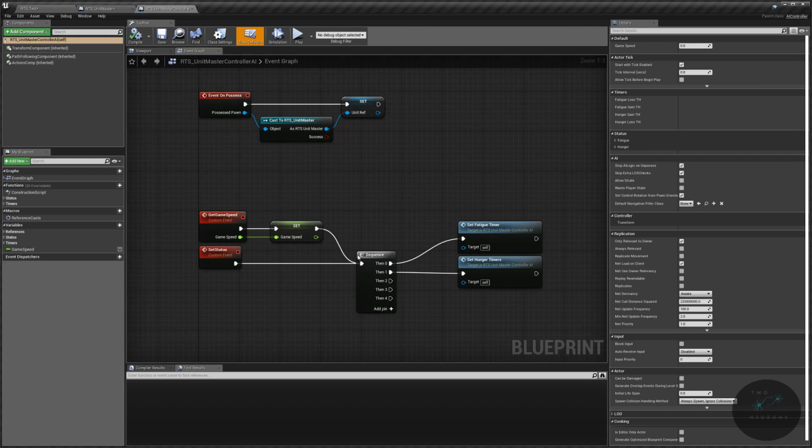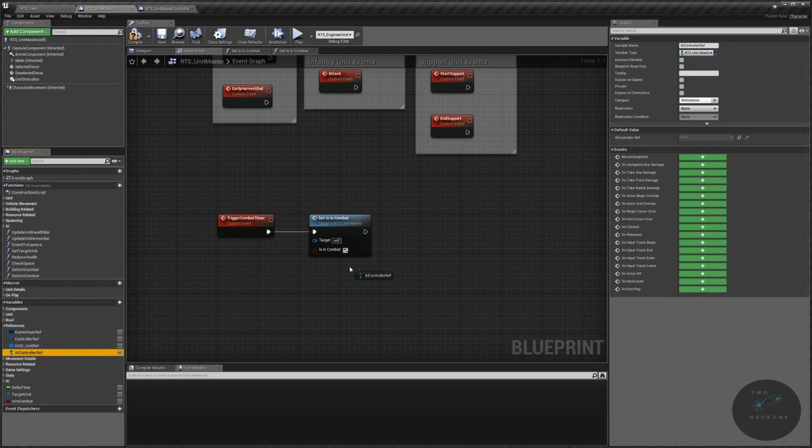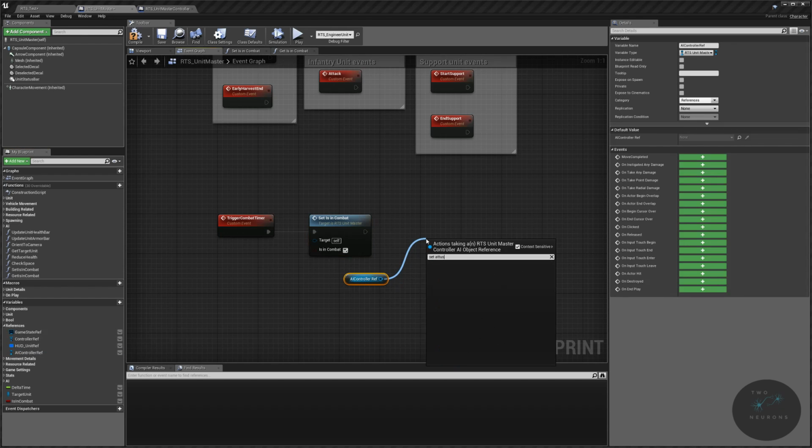We have here this set status, and we have our fatigue timers, our hunger timers, and these extra pins. Well, coming off this one will be our fear timers. So all we're doing is we're triggering this event so we can change over our fear timers. So we will get the reference we have to our AI controller. We will set status,